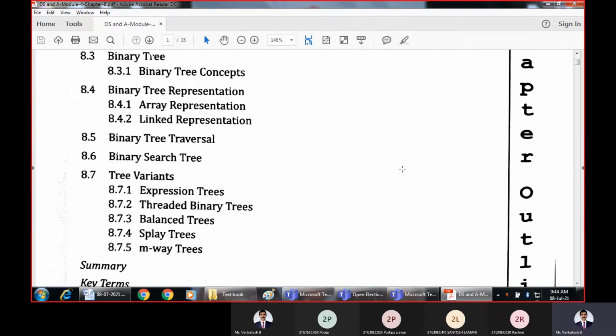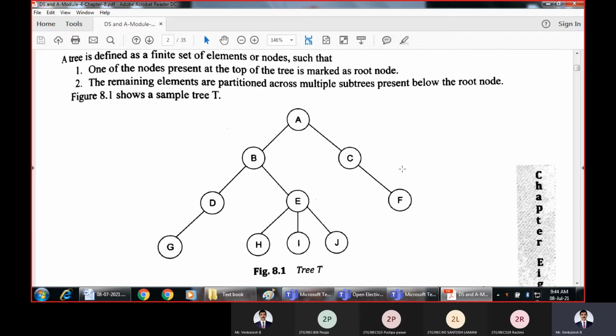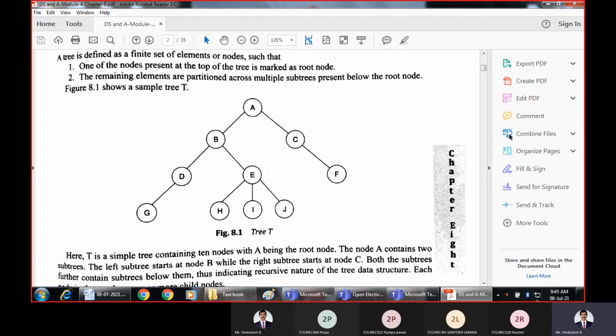So in the previous class, we started with the introduction to the tree data structure. We have seen what actually a tree data structure is. It is basically a collection of nodes where we have a special type of node called the root node, which is present at the top of the tree. And then we have the remaining nodes as children of that particular node. And children of a node, in turn, are also called subtrees. They are also trees in turn, so they are also regarded as a root node and again subtrees. This scenario is shown here in the figure.